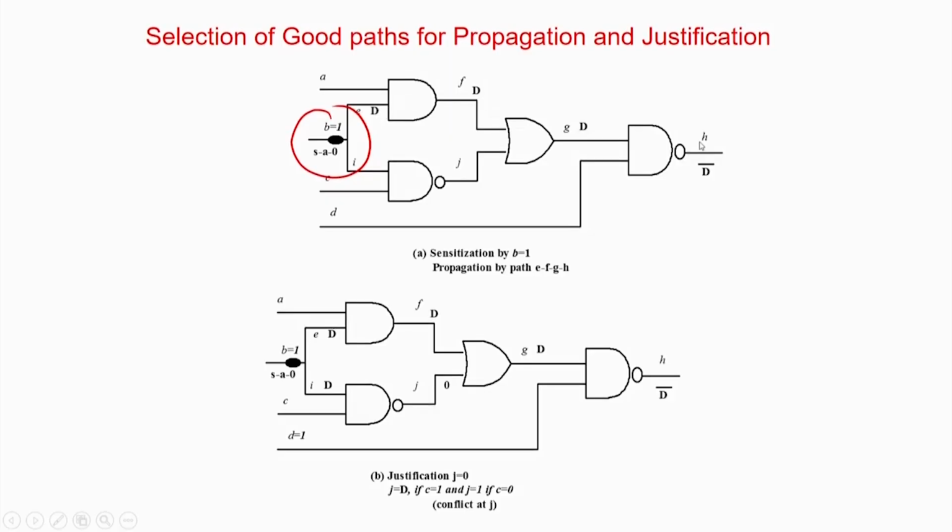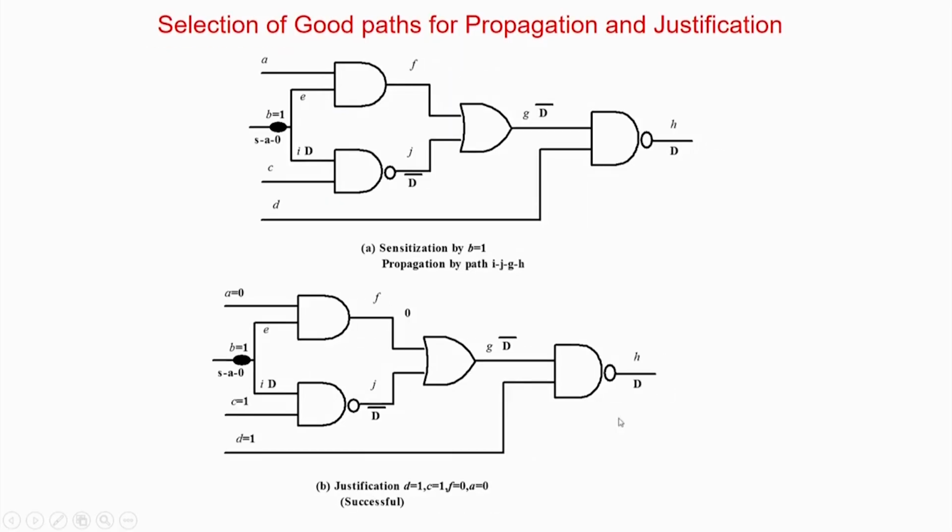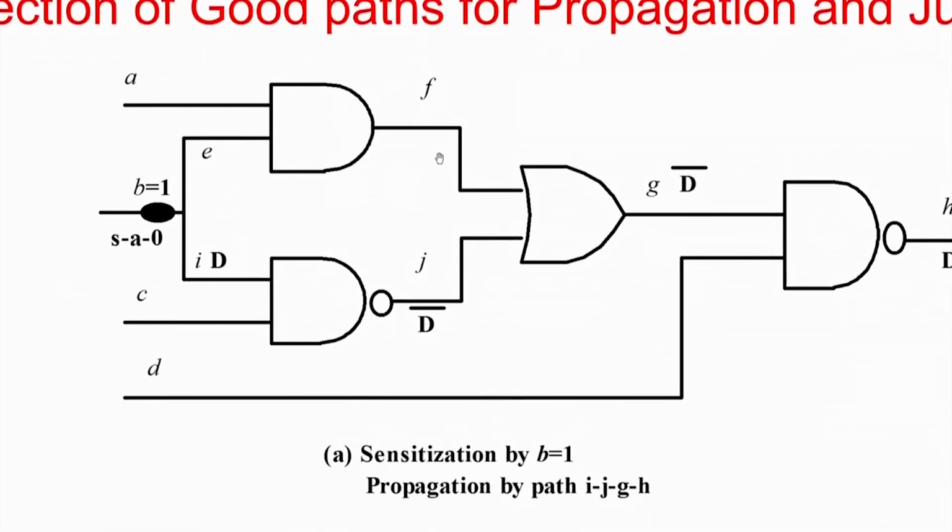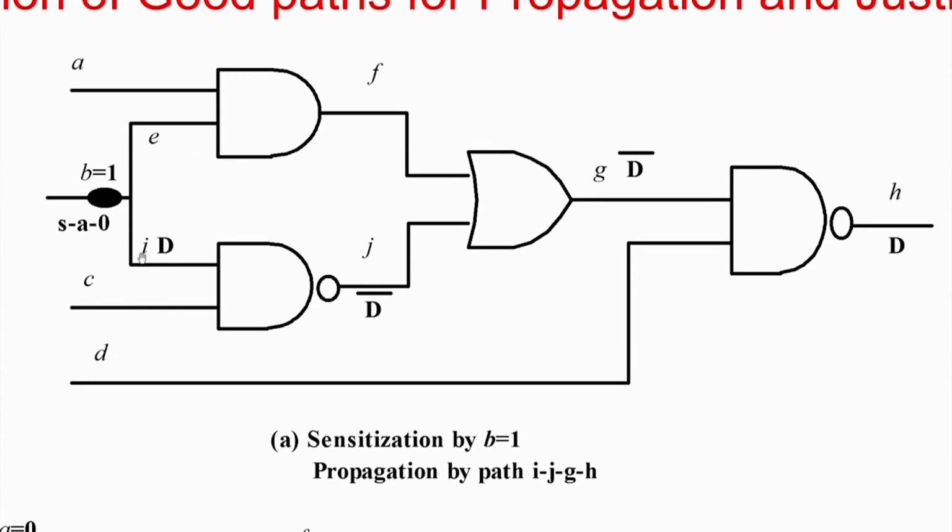Like for example, we have taken this path which actually failed and there was a conflict. But now we had already seen in the last class that if you take the other path, same thing as sensitize by applying a 1, but now I am using the path I, J, G and H. So in this path basically you can see D inversion, D prime, D means normal 1, false 0,